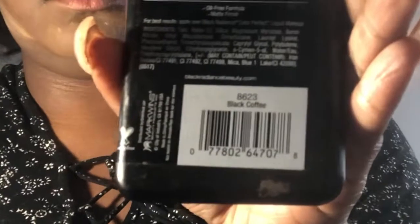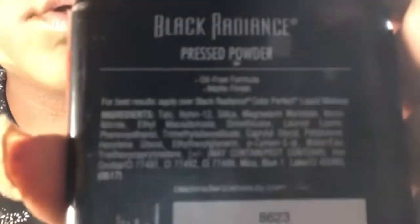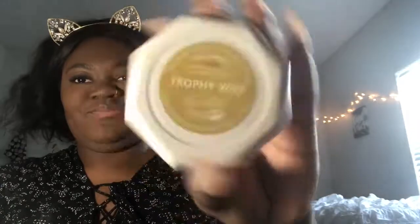Okay, so now, before I start the process of removing the baking powder, I want to first show you guys what I'll be removing it with. It's a new technique that I just recently got from another YouTuber I've been watching. I can't think of her name because she's still fairly new. I feel so bad, I have to look her up, but she's pretty dope. She takes the black Radiance powder and brushes out her excess so that it's not ghostly, while Alyssa could just throw it around. So the item I just dropped and threw like it was nothing was my Fenty Beauty